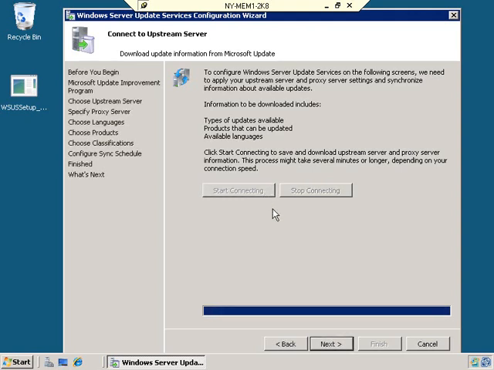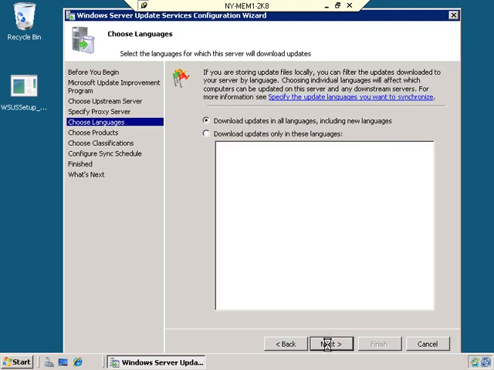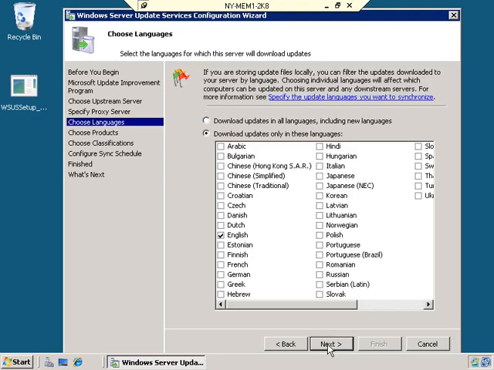Okay, the connection is now complete. You can see the bar has gone all the way across and the Next button is lit up. So I'm going to click Next. And now it wants me to choose the languages that we want to use